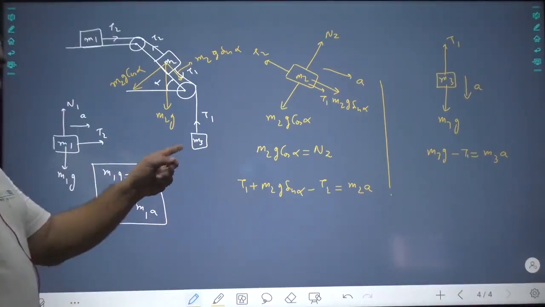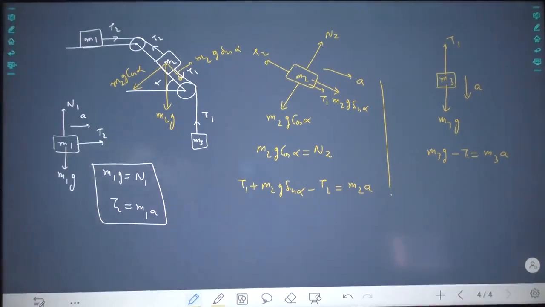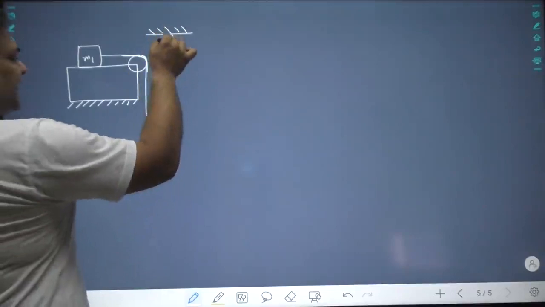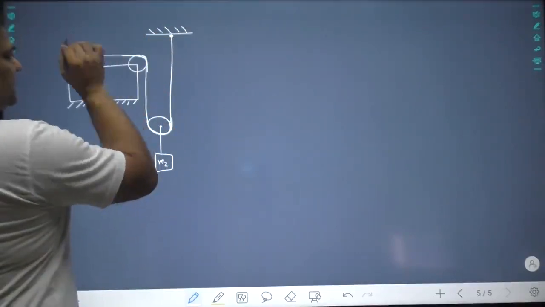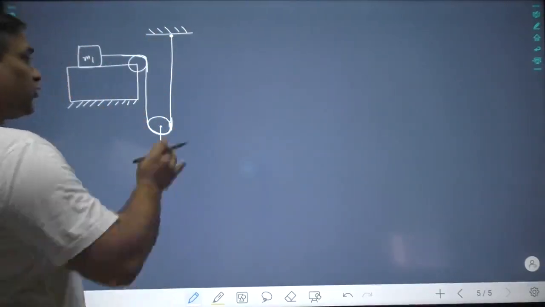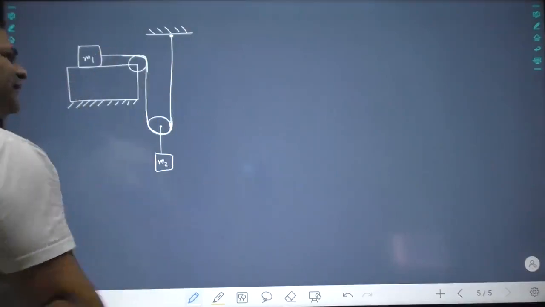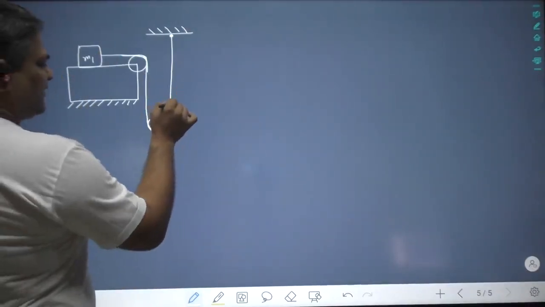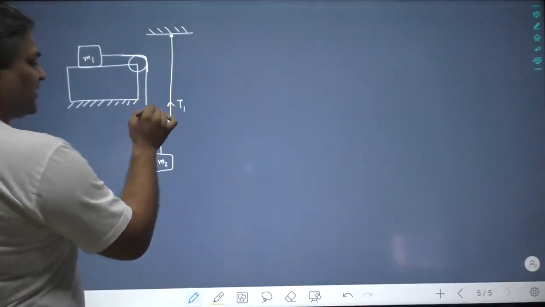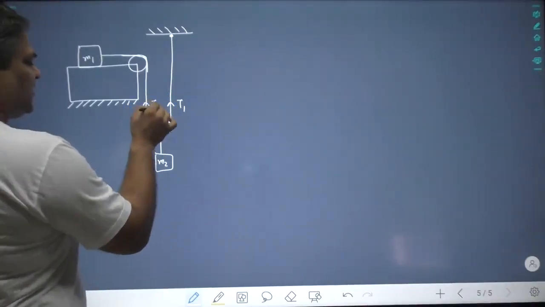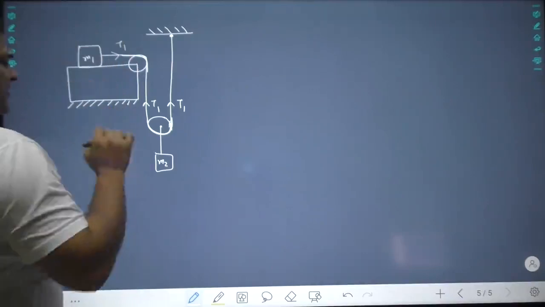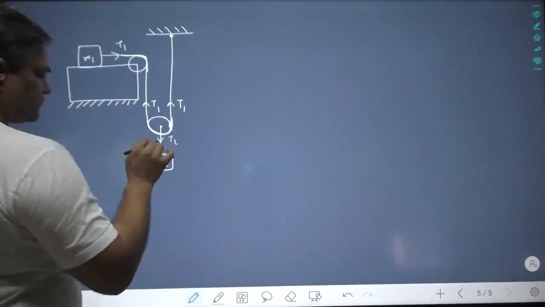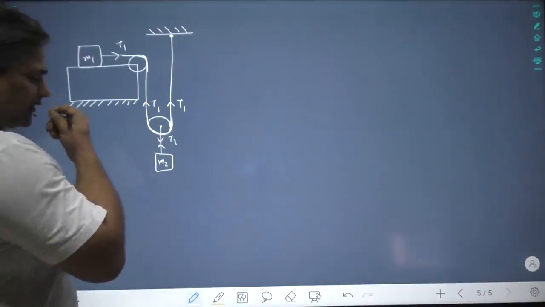Yes, sir. Please copy, then I will give you a problem. Students, see here. Now, this is a single rope. Along the whole rope the tension will be same because the rope is massless. So you have a tension T1 here, pulling, and this is another rope, so tension T2. Is this thing okay? Say students yes.